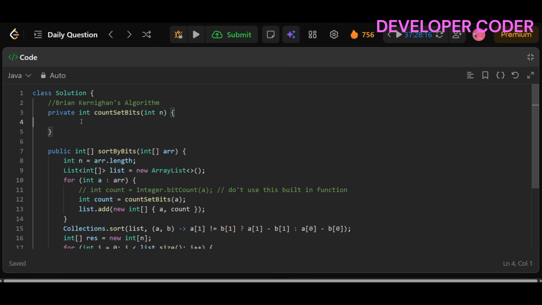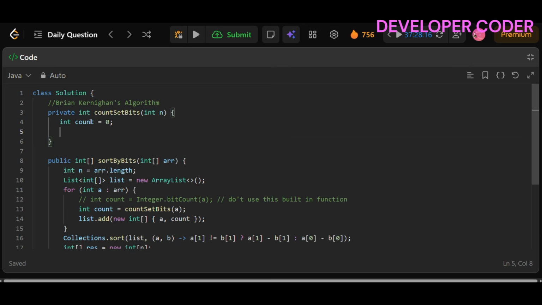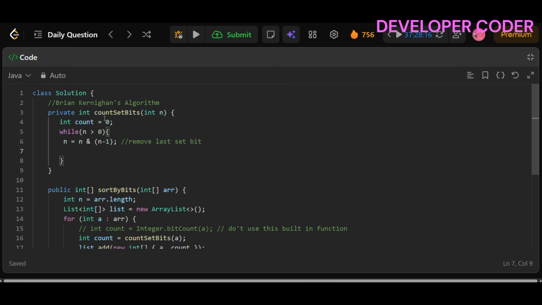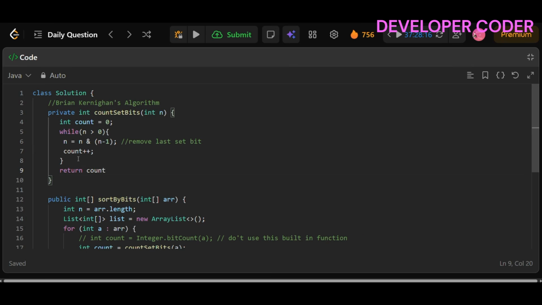So let's write the code for this one. Here int count is equal to 0, and here a while loop while your n is greater than 0. Inside this you have to update your n as n AND (n minus 1), and here let me add the comment as well, remove last set bit. So this is what's happening here, and you have to do count plus plus every time you do the operation, and here you are just going to return count. That's it. This is the only change. So if you run it,